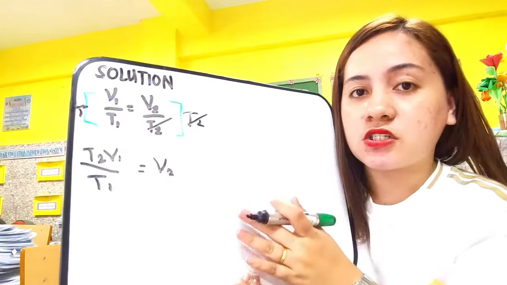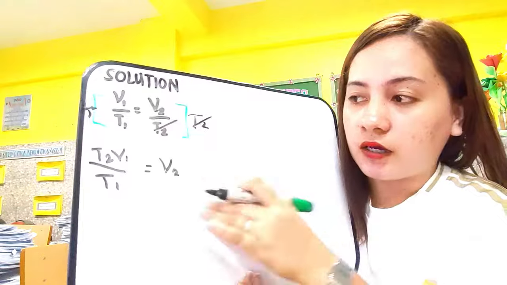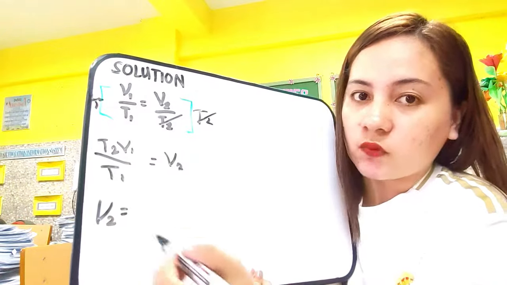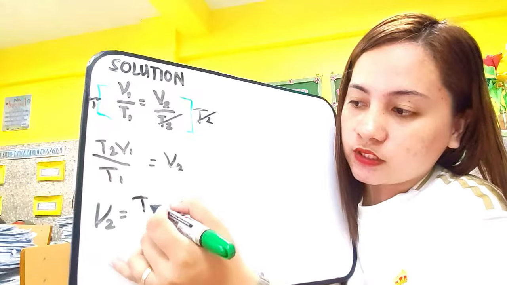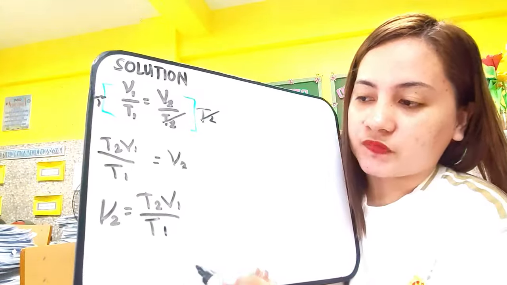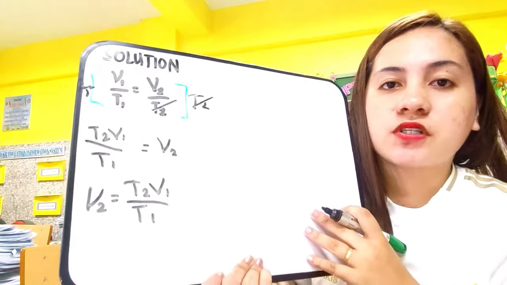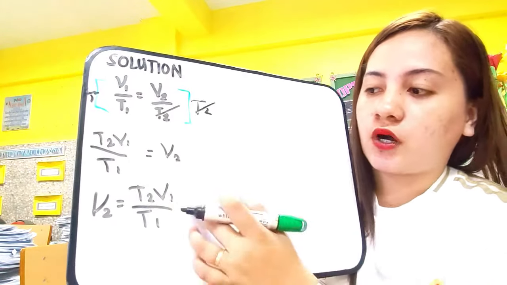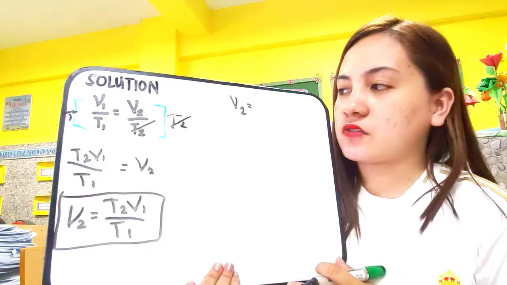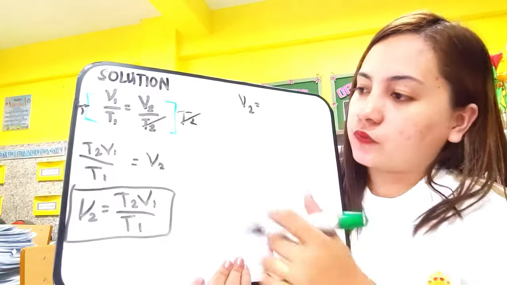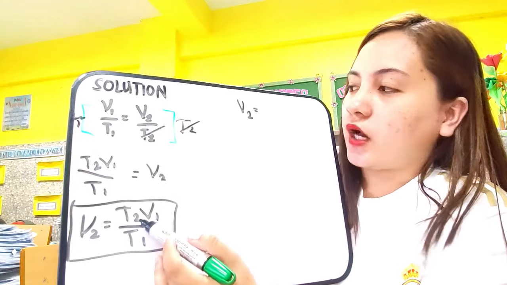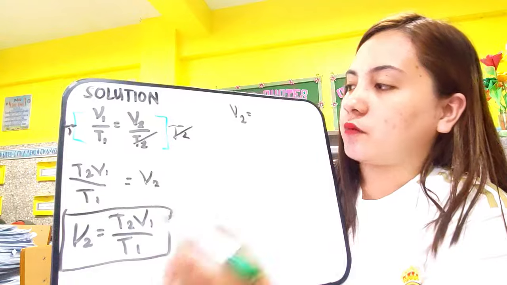Pwede din naman natin siyang isulat ng baliktad. So, we have V2 is equals to T2 times V1 over T1. Okay? So, we will now substitute the values to our formula. We have V2 is equals to T2. Ano yung ating T2 sa ating problem? We have